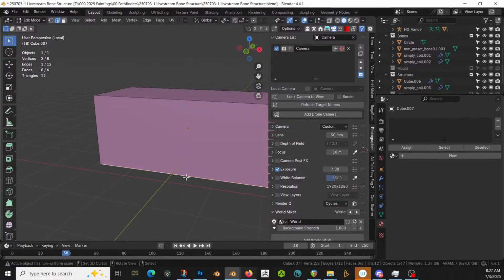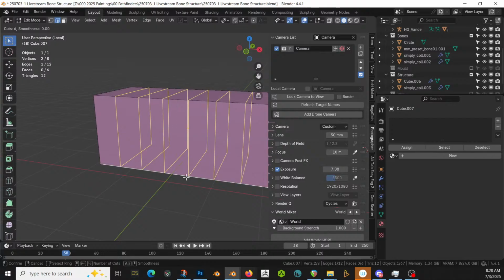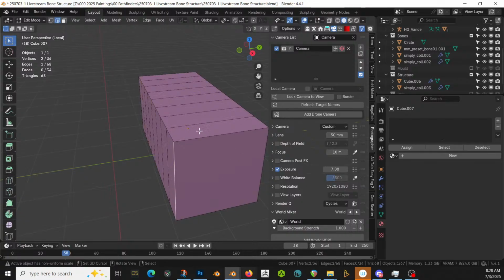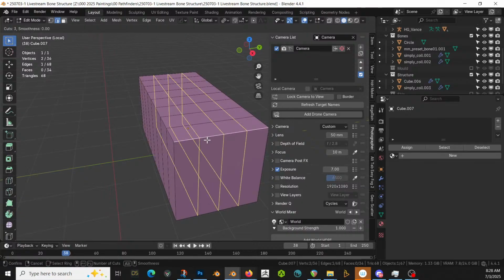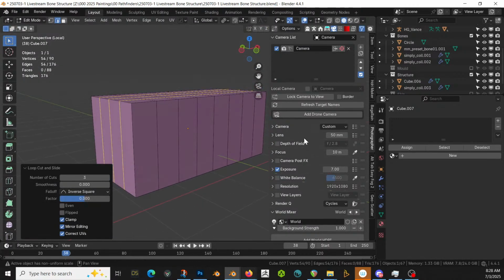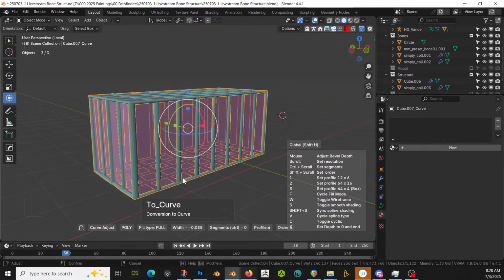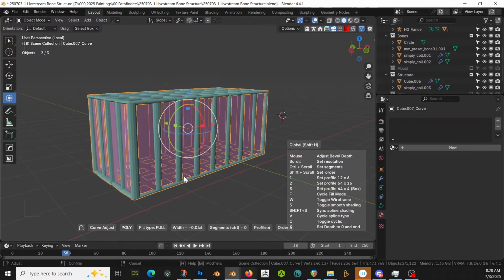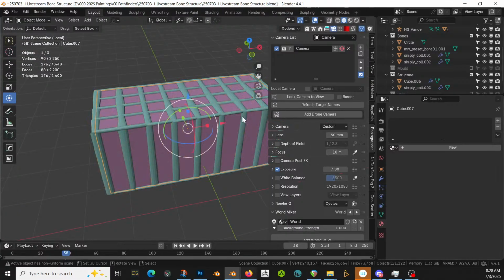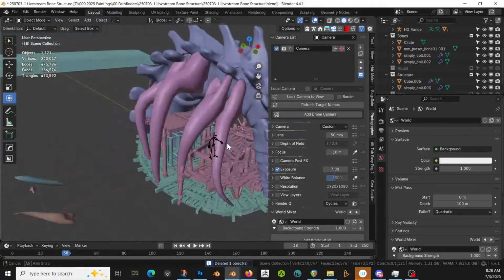Tab, some loop cuts there like that, and like that. Curve extract. We create a nice little cage. And we just get rid of this. We know we don't need a cube. Okay, now this little cage, though, what if we take it